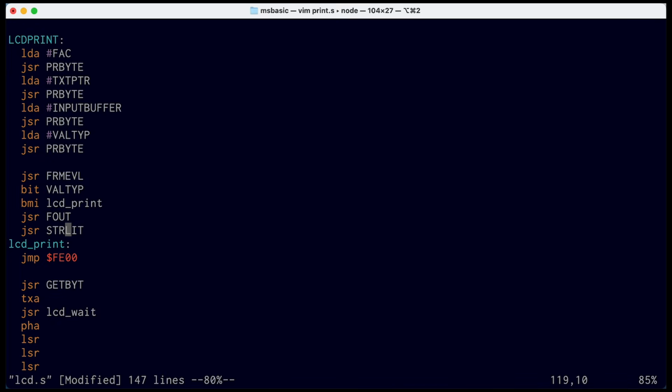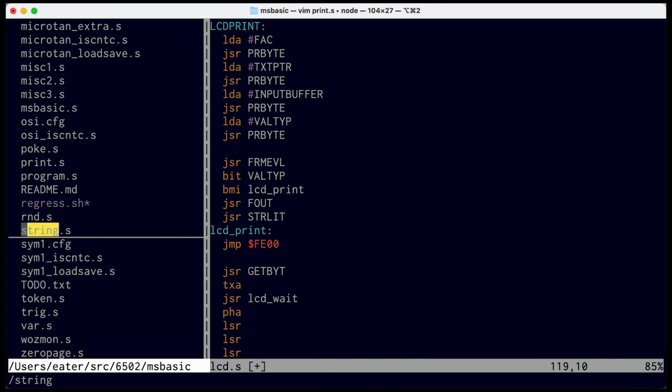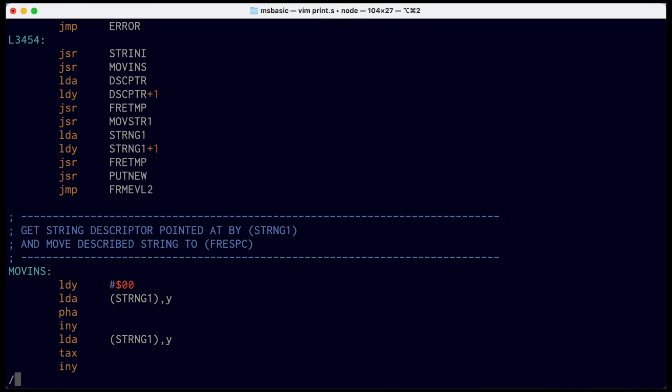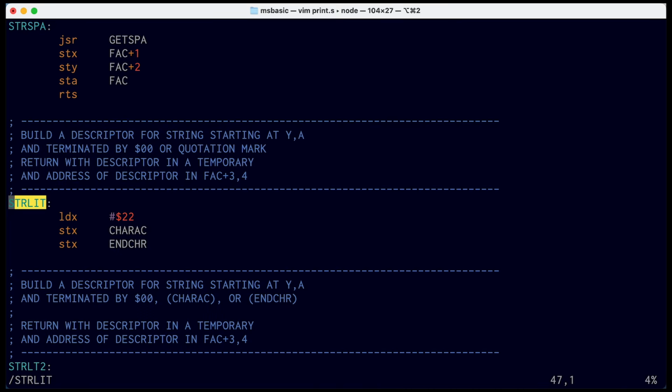Then after f out, we call strlit, and this is defined in string.s. Here it is. The comment says that it builds a descriptor for a string starting at y comma a, and that's where f out puts its result. So we're taking what f out results in, and it creates a temporary string descriptor pointed to by FAC plus 3 and FAC plus 4. So that's actually the 4th and 5th bytes of that FAC,